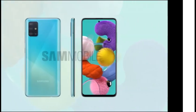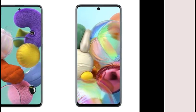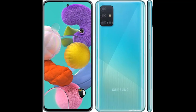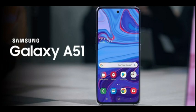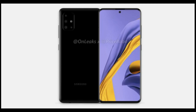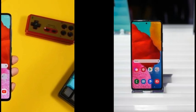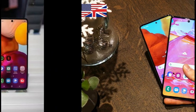To be frank, many have misconceptions about the chipset. They call it an under-average chipset. No, it's not an under-average chipset. It is a powerful chipset in the price point of 20 to 24,000, and from a brand which provides such a good name, Samsung. It is really good. You will not notice any lag in day-to-day usage. You can play PUBG in HDR graphics too with this chipset, but I know it's through software optimization. Overall, considering the price point and the brand value, I think in 24,000 rupees Samsung has done an awesome job